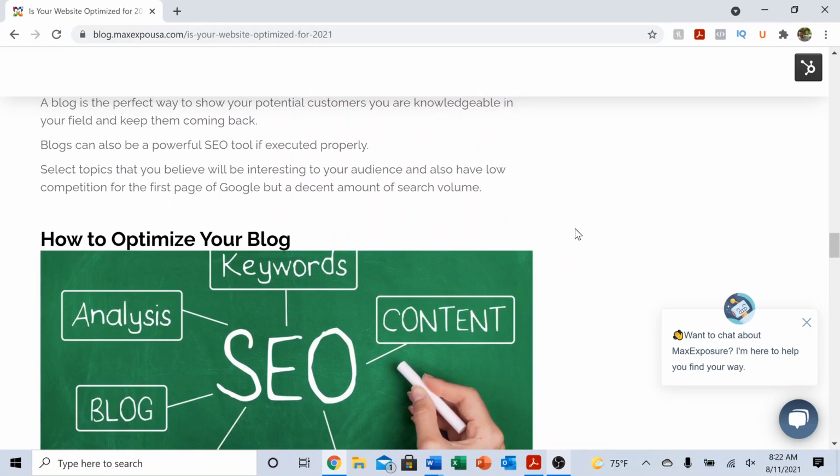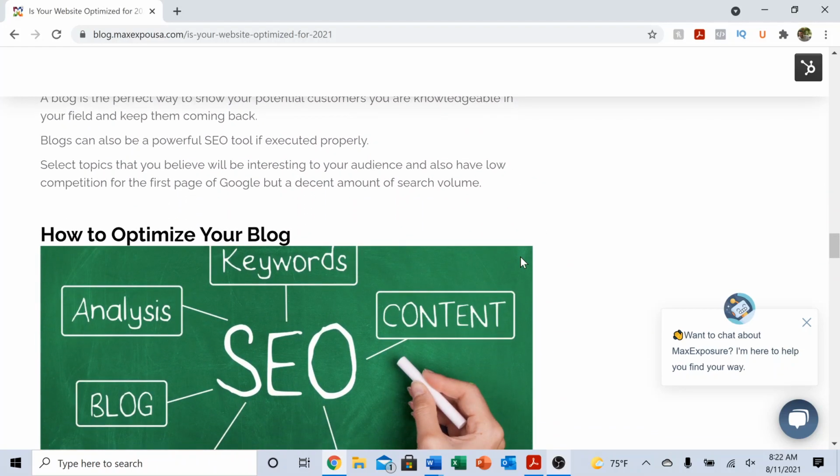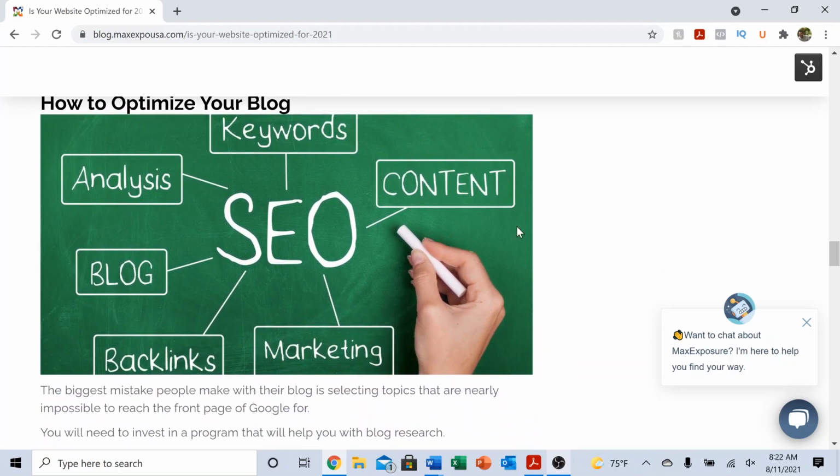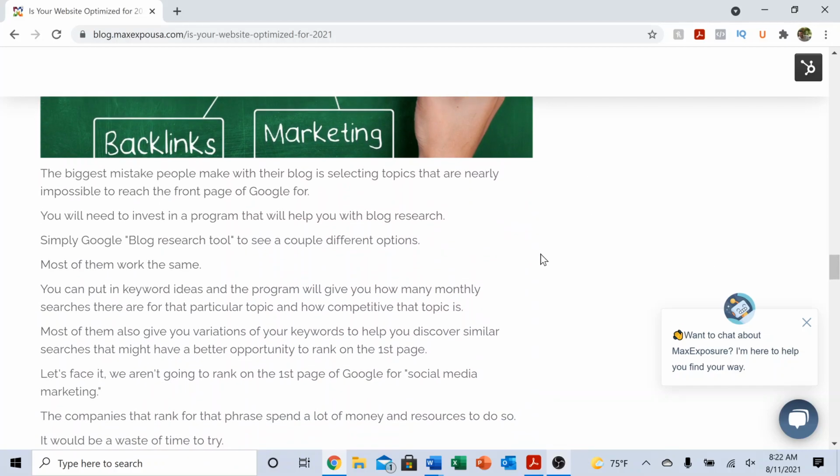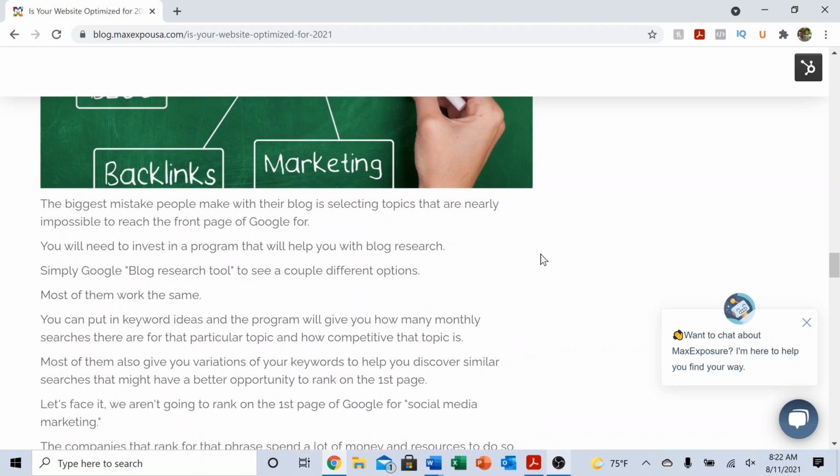The important thing that you have to take a look at is optimizing your blog. Make sure that you're not just blogging randomly, but blogging in a strategic way. Now, what do I mean by that? Too often, especially in the small business community, businesses are just blogging on random topics that they have no chance of ever being ranked for on sites like Google. Now, that might be okay if you are sending out your content to an existing email list